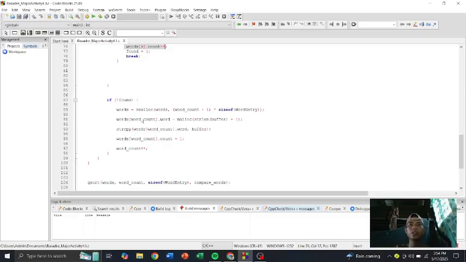So here we need to add the word to the list if it's new. So here we're going to use a conditional statement. If the word is new or not found, then we are going to use a realloc to make space for one more entry,